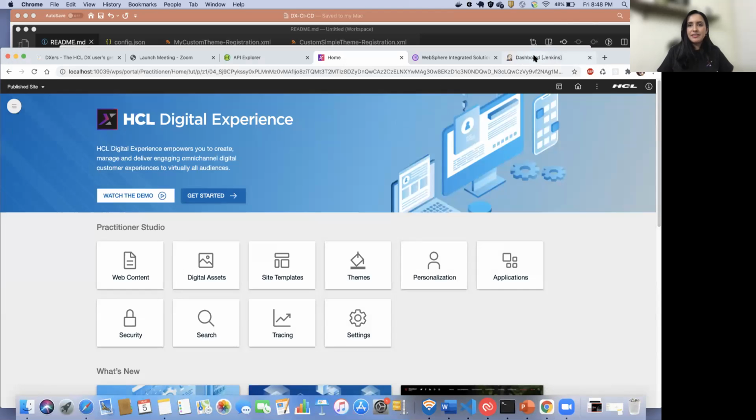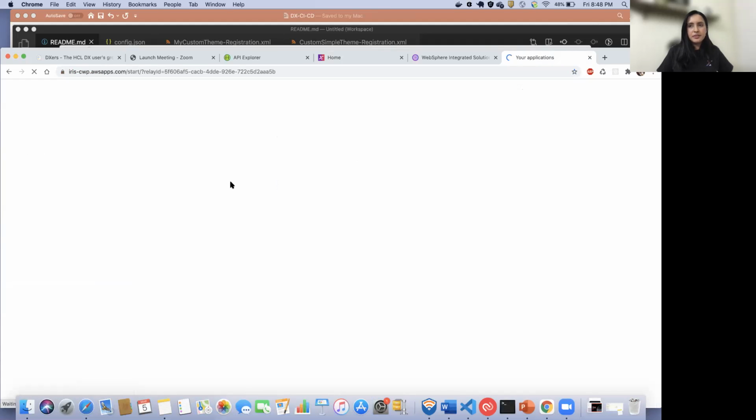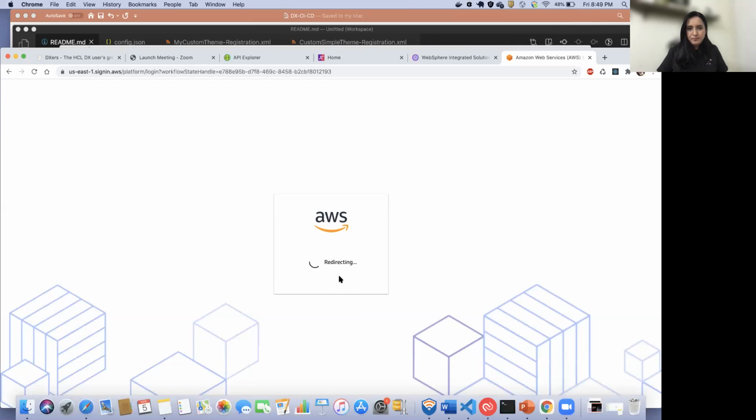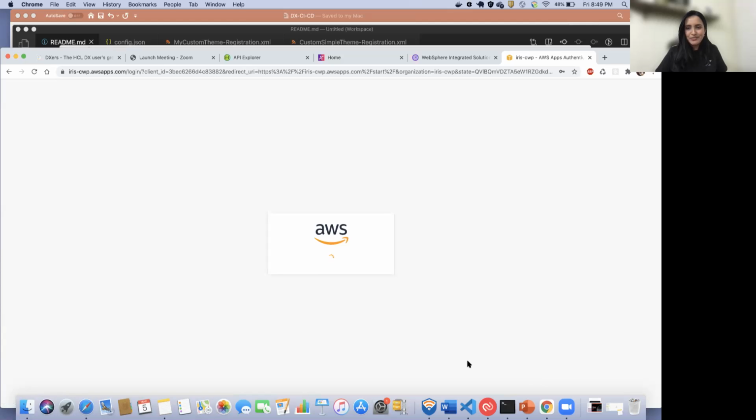So while that is happening, I'll just go ahead and show you our development. We have some pipelines. I showed you some pipelines in the samples. So those things we have integrated into one of our Jenkins environment, and there we have also configured some parameters, which I show how that is configured. Let me give my credentials. Sorry for this. It's just logged out because of some network issue.